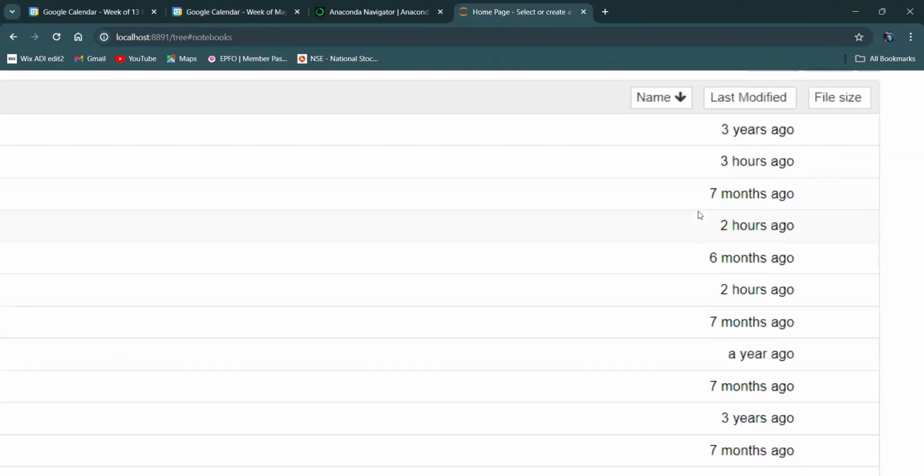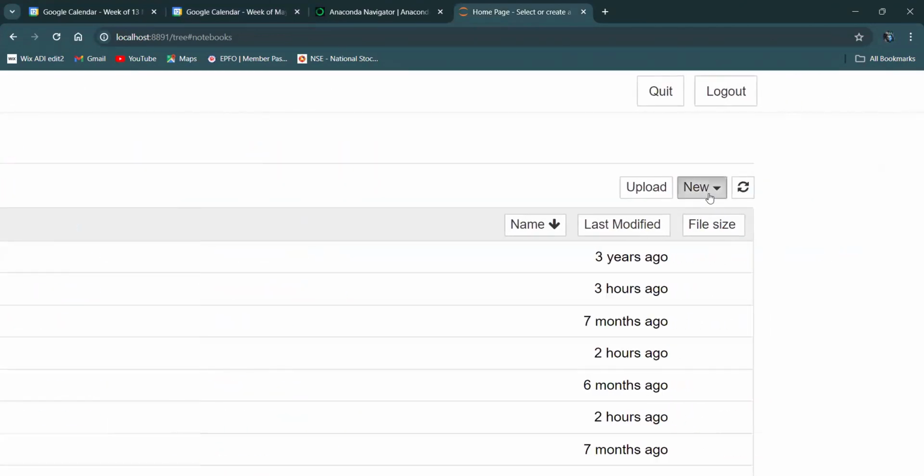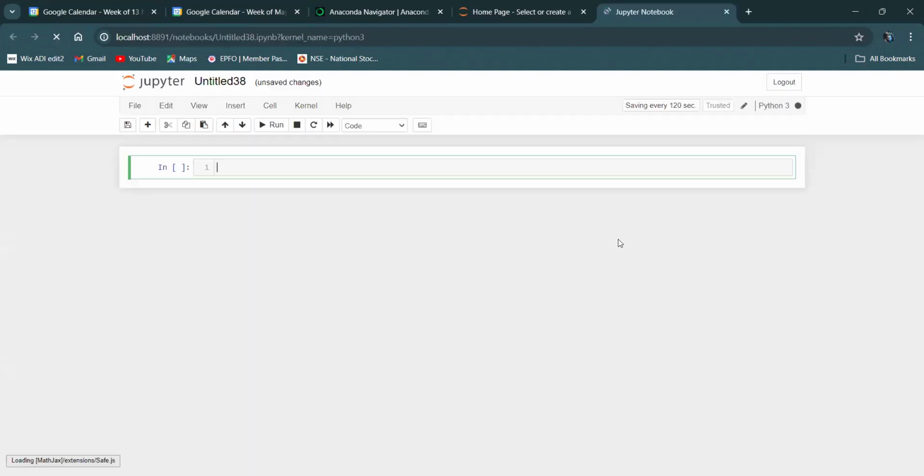So now if you want to work on a new notebook, you have to come here, tap on New, tap on Python 3, and create a new notebook with Python 3. So the current version of Python is 3.7.16.